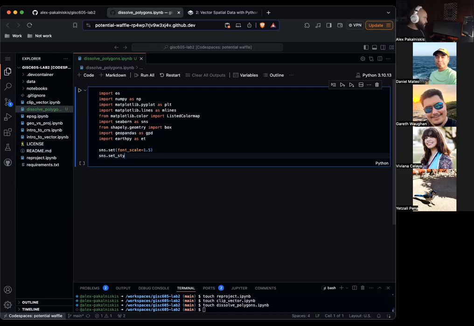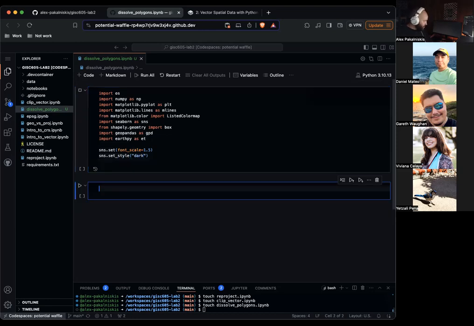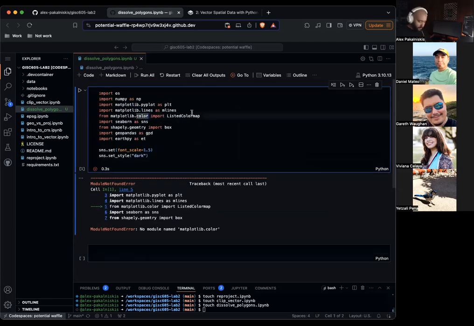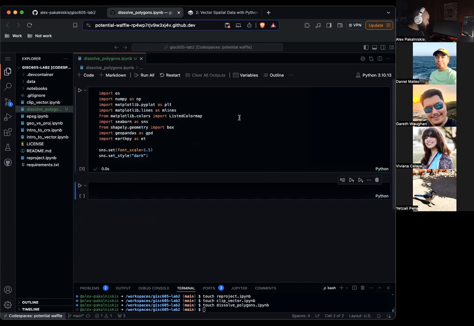Let's try dark. I think dark is an option. Let's see if that works. Matplotlib colors. No module shapely geometry, spelling.